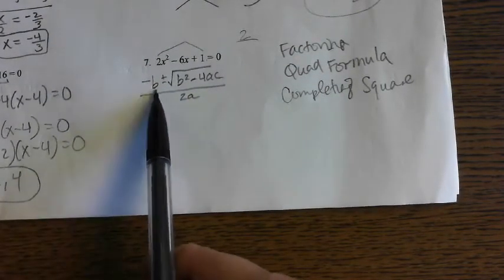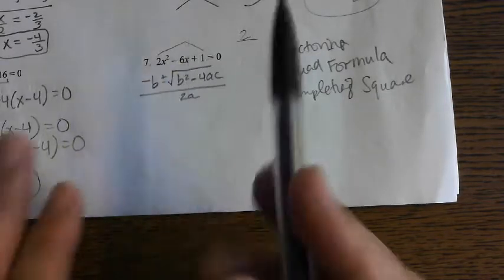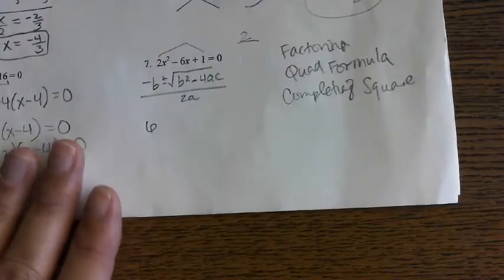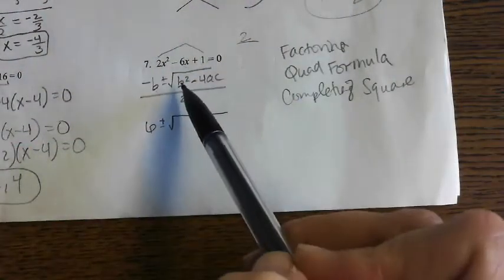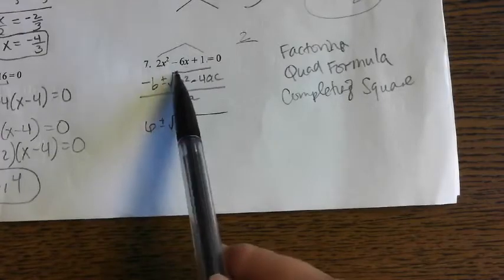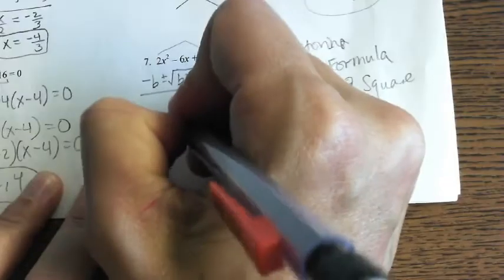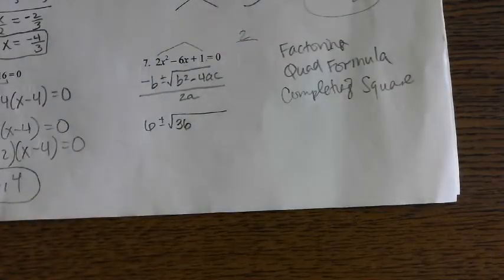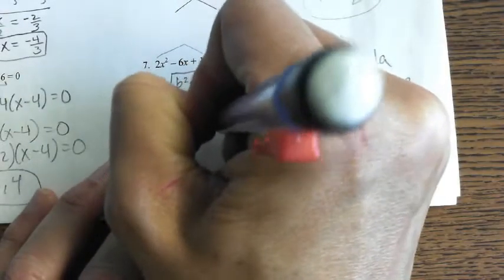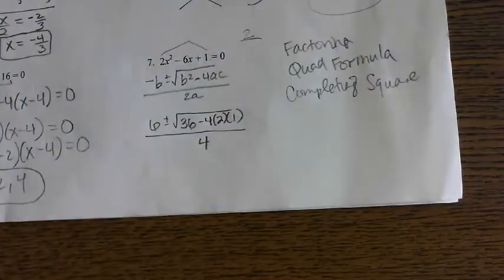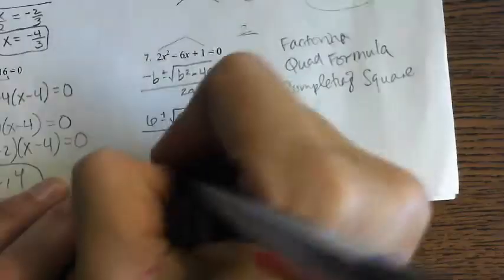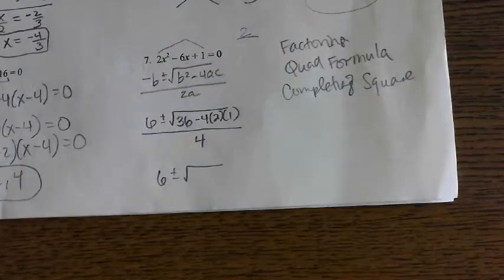Negative b means the opposite of b. So my b is negative 6, so the opposite of b is 6. Plus or minus the square root. B squared. So if I take negative 6 and square it, that'll give me 36. That number there should always be positive because you're squaring something to get it. Minus 4 times a times c all over 4. 6 plus or minus square root of 36 minus 8